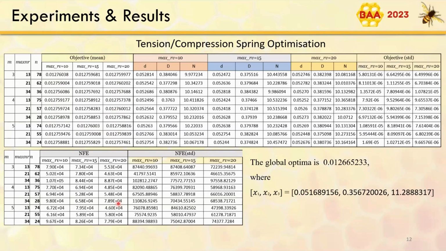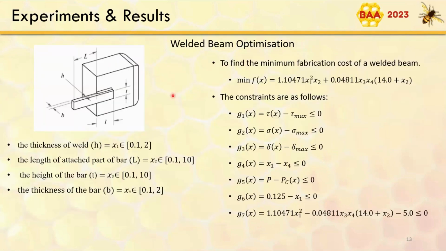and our number of fitness evaluations is around 8,000. So the second application of ours was welded beam optimization, and this is a 4-dimension